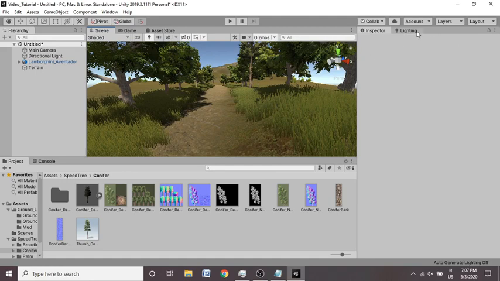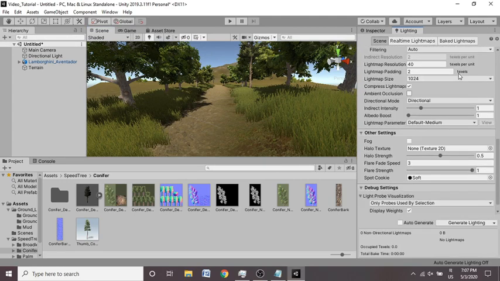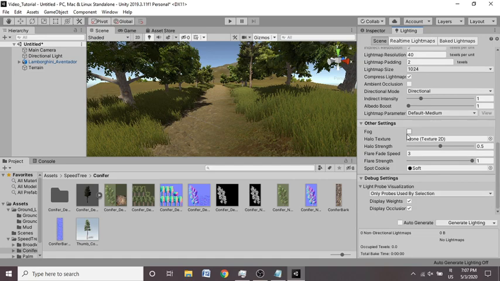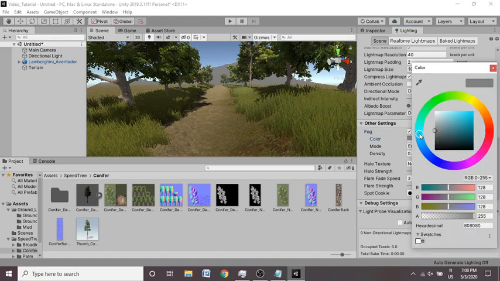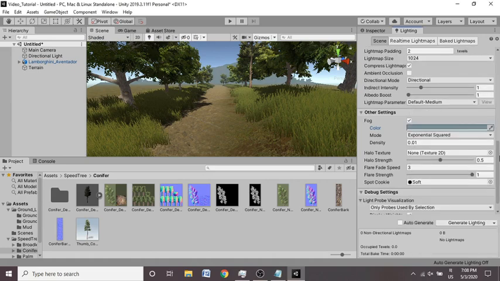Adding fog inside Unity is really easy. You should just go inside the lighting panel again, and scrolling down at the end you have an option called other settings, and there you have an option called fog. You should just click upon that option, and just like that fog will be added at the background of your scene. So just change the color to something bluish, not that much bluish, but some sort of bluish color. Yeah, this look is completely fine, and decrease the value to 2. Yeah, this value is completely fine for now.